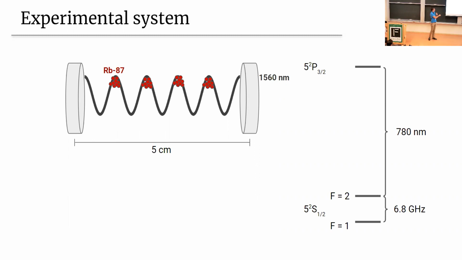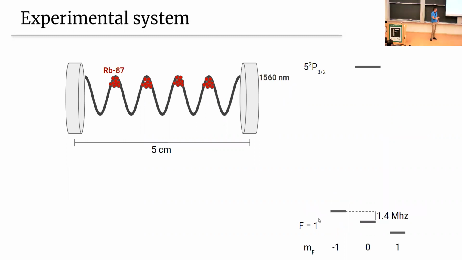On the right side, there's everything you need to know about rubidium-87 for this talk. Basically it has 2 electronic states, which are separated by about 780 nanometers. So 1560 is far red-detuned from that. So the atoms will collect at the antinodes of this lattice inside the cavity. And then to make it interact,